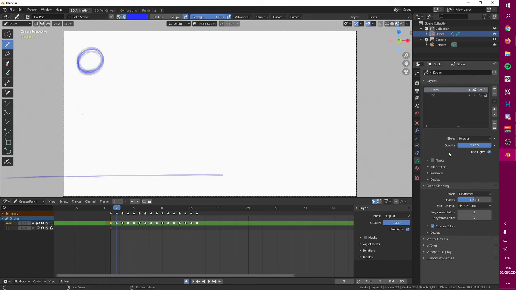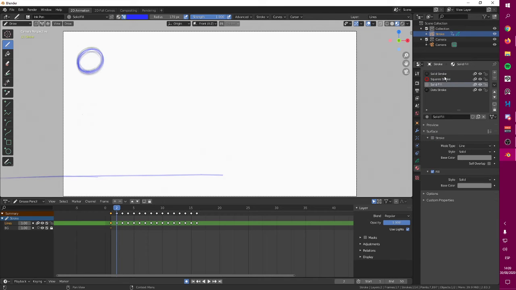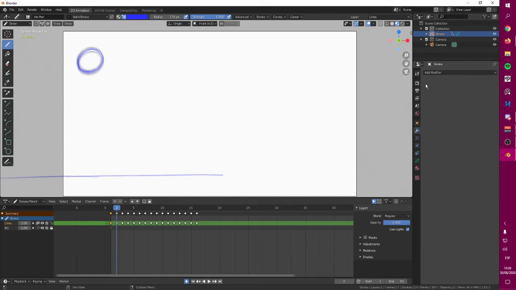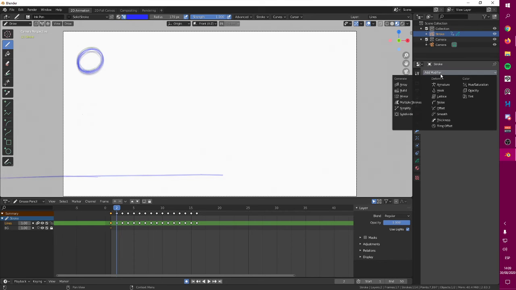Here you have your layers, your onion skin options, your colors as well, but in here, this little icon, the modifier properties, you can add different modifiers to your animation, and they can be really weird.